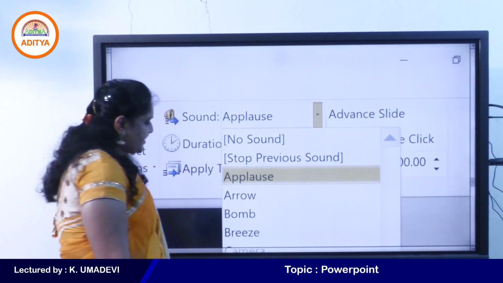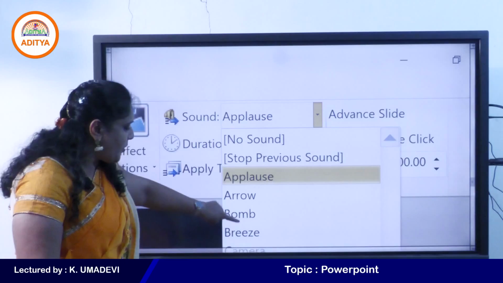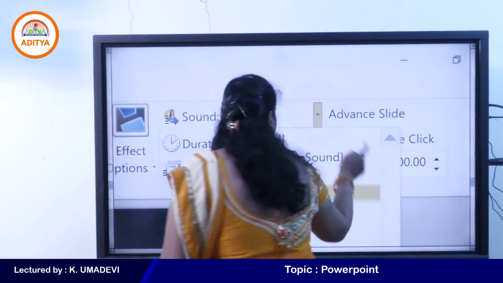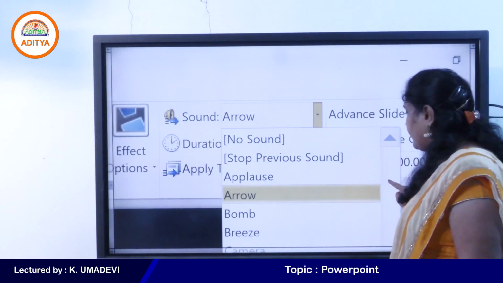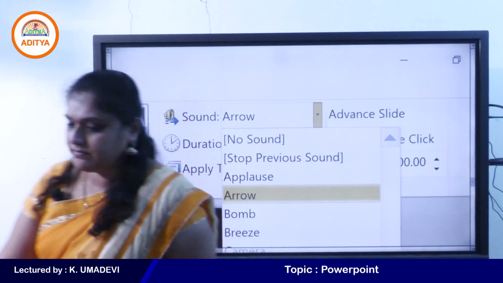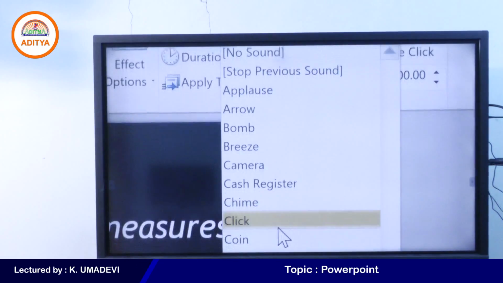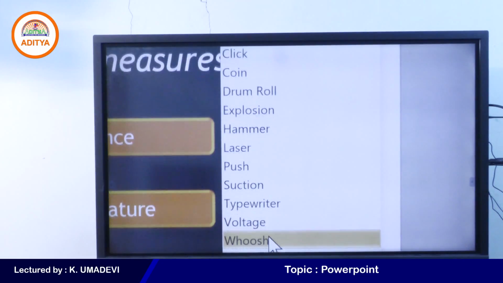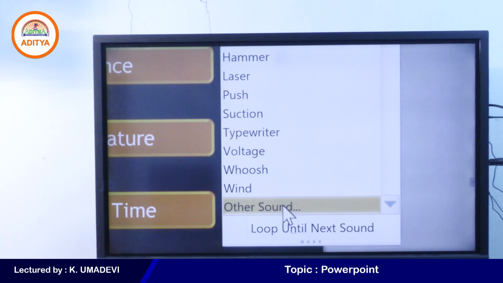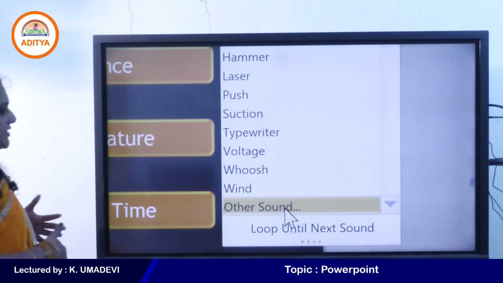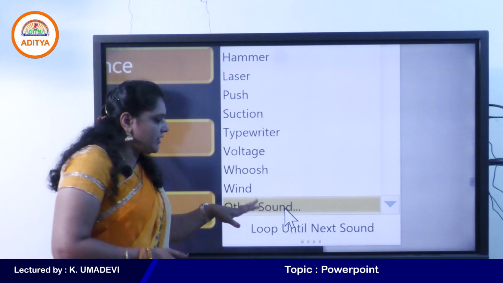Built-in sounds are available: applause, arrow, bomb, breeze. One second, students. Is it clear? Typewriter, voltage, whine. Other sound. If you want to insert another sound that is available in our system, click on other sound.